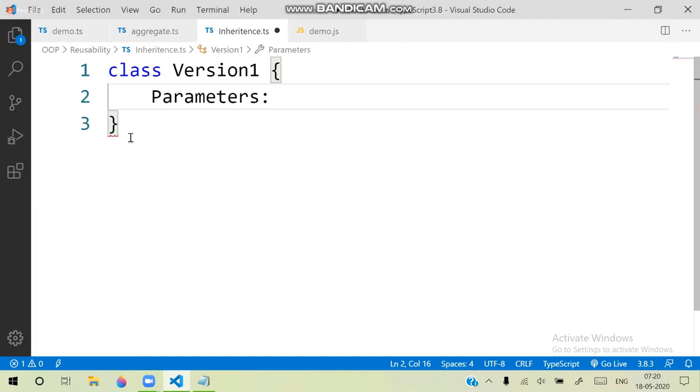And I defined some string type and some value, so rest parameters like this.